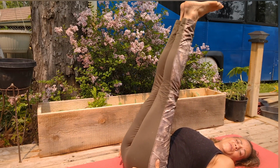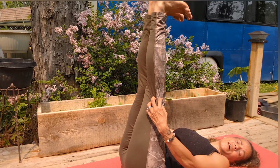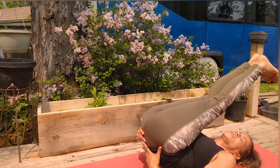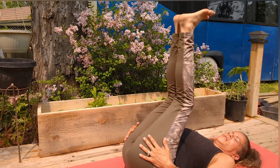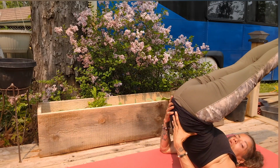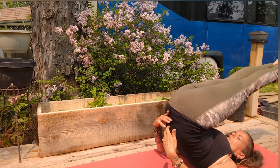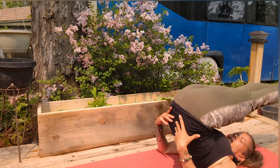So, getting ready, legs up wall, point those toes towards you, stretch the calves, and when you're ready, if you can, either fold your body and use your hands for assistance to fold it into your plow, or hoist it all the way up and then let it fold as you work your hands down your back. Now, key point, please do not move your head in this position, okay? So you want to take the pressure off your lower spine, get those feet over the head, and see what